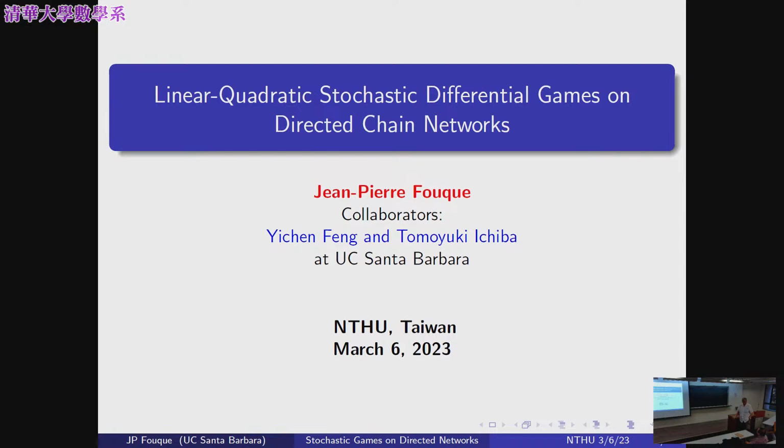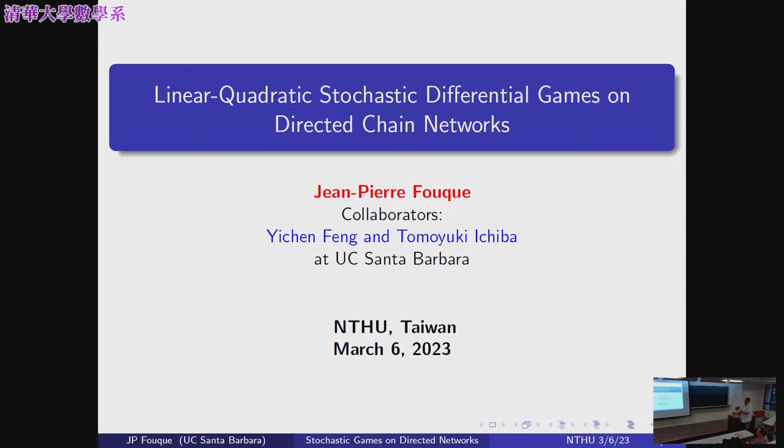I see that many are students or postdocs, so I will try to go slowly. There are plenty of details here, but I want to explain what we are trying to do, what the methods are, and what we get out of it. It's more mathematics. I don't want to talk directly about applications, but more about the mathematical motivation. This is a joint work with